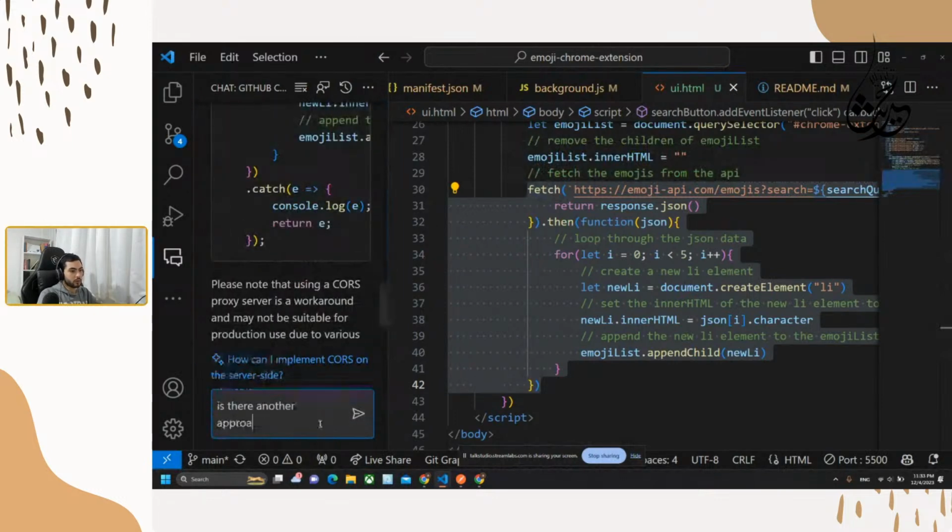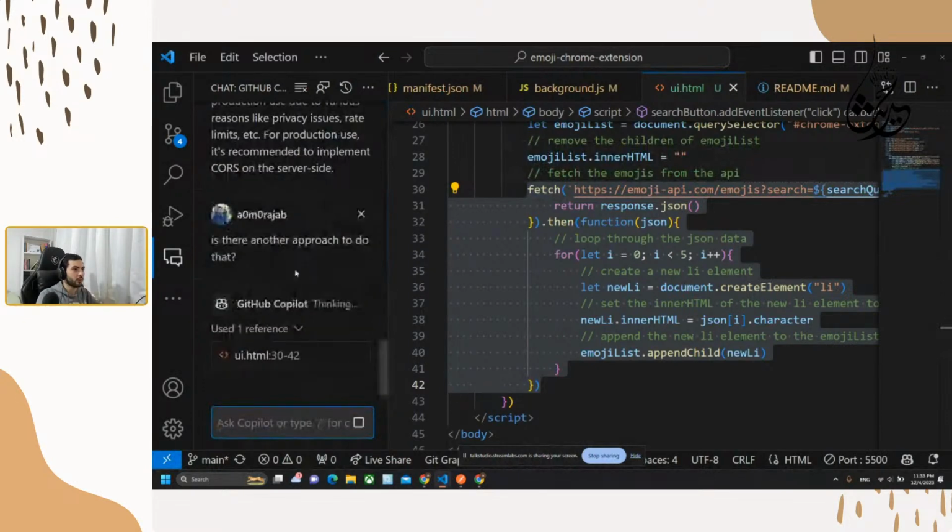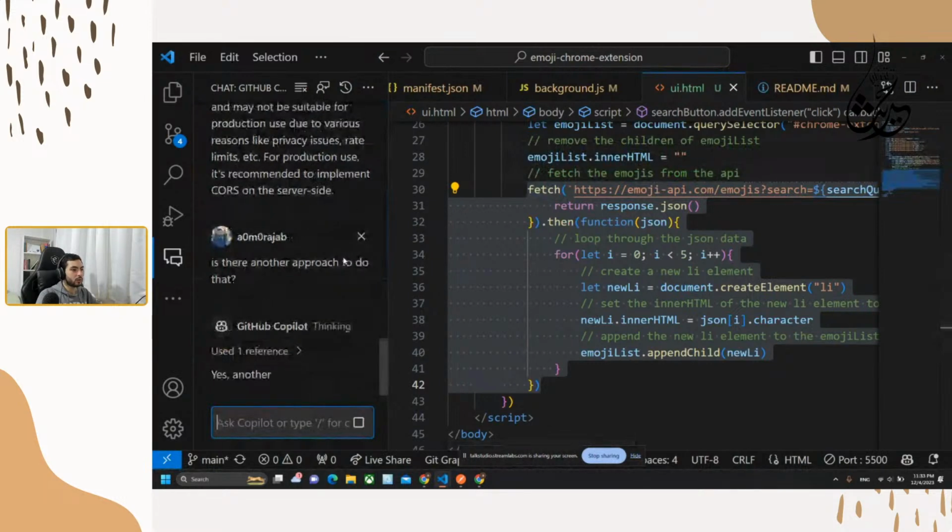Another approach to do that. So this is the workaround that's suggested, but I would like to try something else,